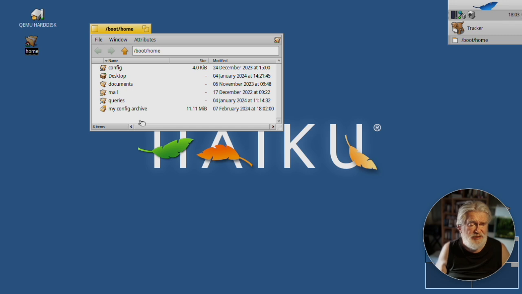And Haiku is the last man standing on this. All other operating systems now more or less insist on file extensions, which is a backward step, if you ask me. Early Mac OS didn't have it. That's where BeOS and then Haiku actually got the idea. But modern Mac OS in the last 20 years has insisted on extensions. Anyway,